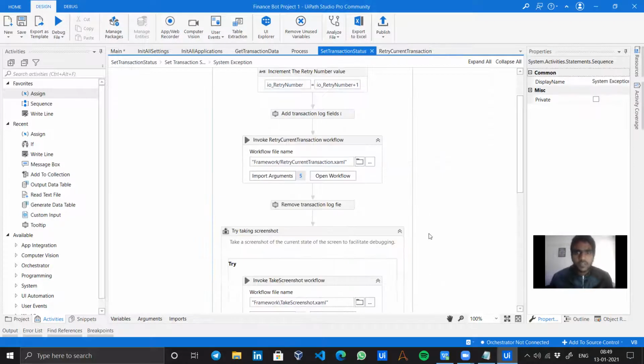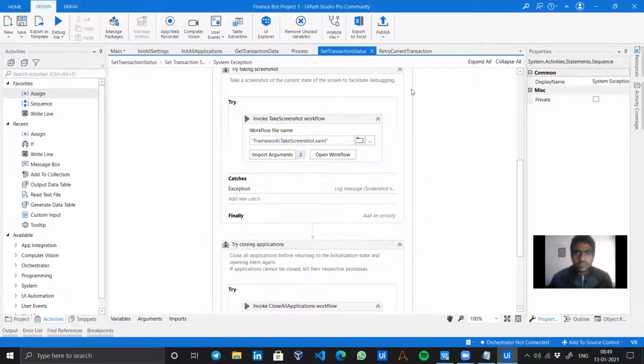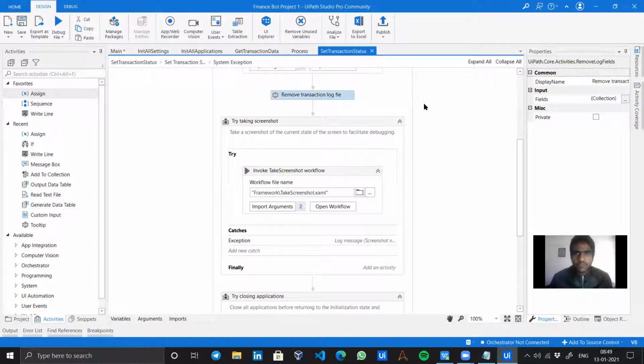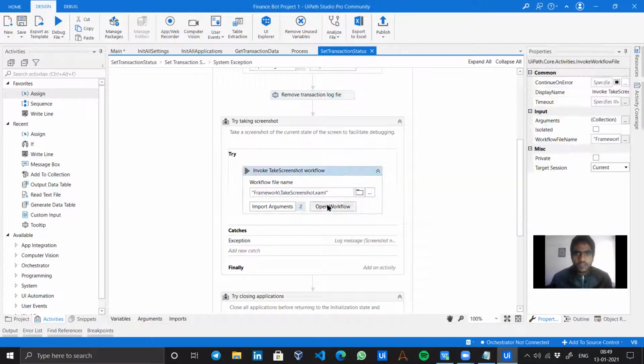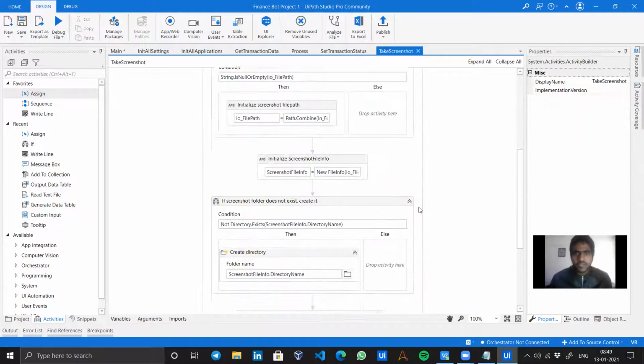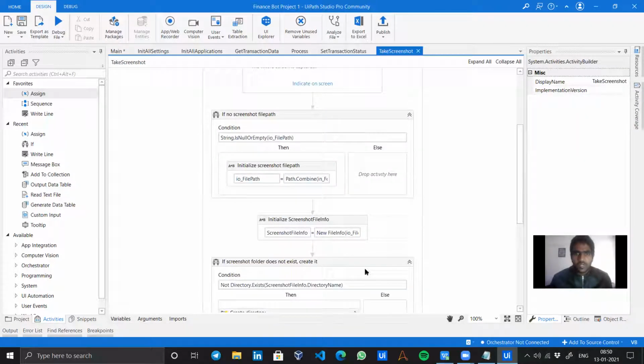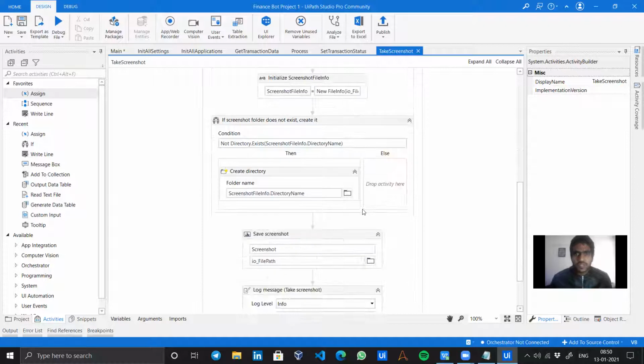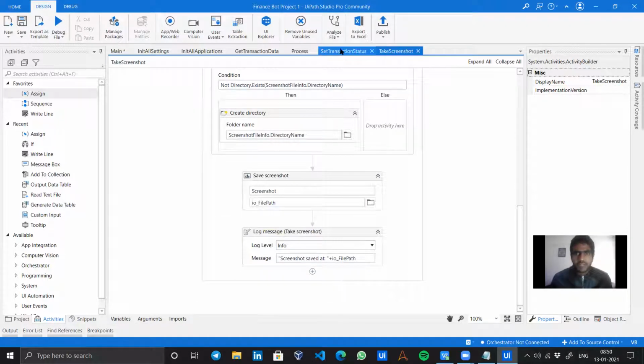Now let's go back to our workflow where we have removed the transaction log file. In this take screenshot, nothing, it's not really required. All this is going to work perfectly fine using the exception screenshots path. It will save our data.